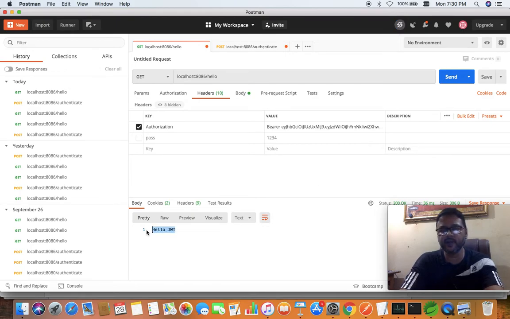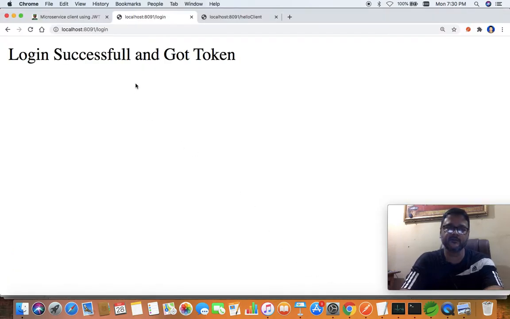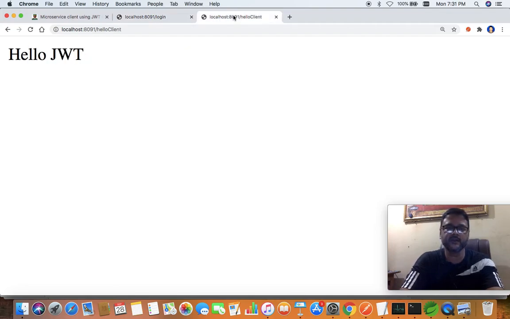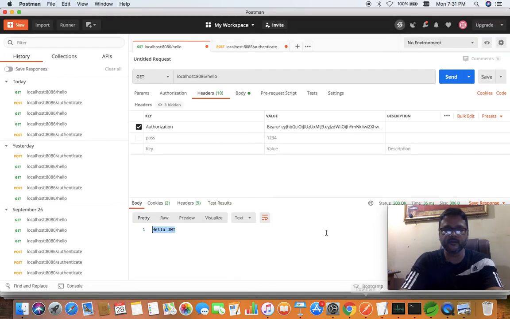But this type of application we don't want. What we need is a microservice which will request the JWT from the first microservice, receive the JWT, again send the request, and again receive the response. This is the hello client. In Postman we got hello JWT, but our user is not going to use Postman for accessing our web service, isn't it?